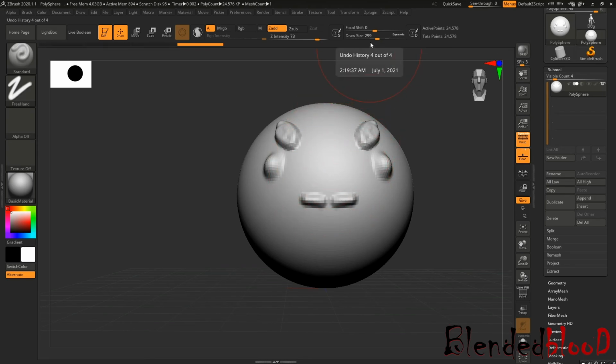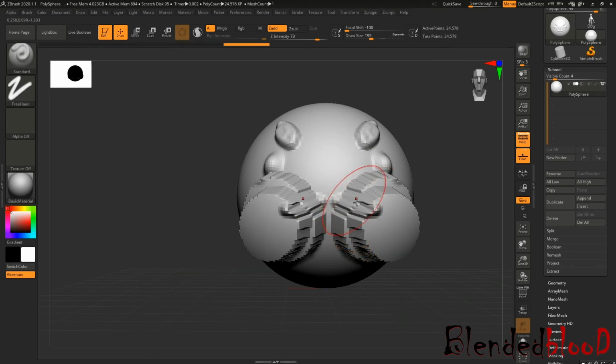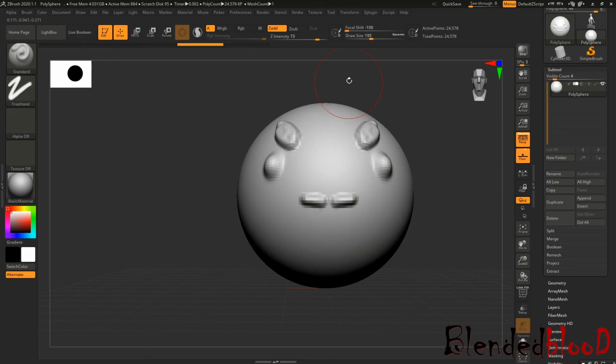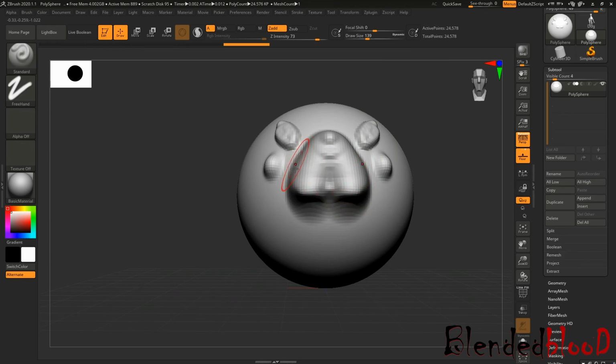If I click focal shift and drag to -100, and now if I draw with the brush, see, this draws this kind of shape because hardness is 0. But if I put in a few feather areas, then see the difference in the amount of decrease in this mesh, because that depends on the focal shift.